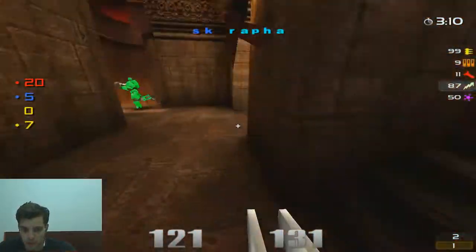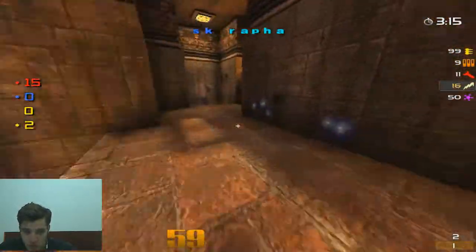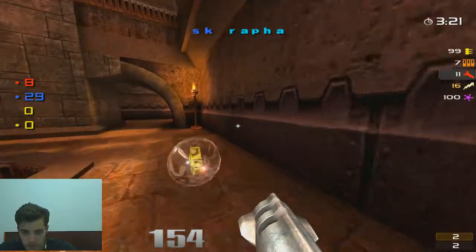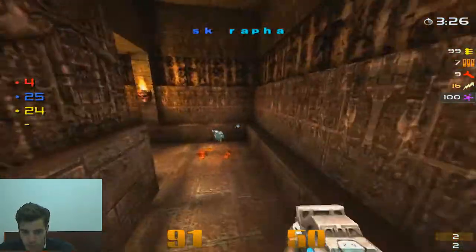Oh, and a rocket jump up. He hears the jump pad, and he's going to go for the engagement. It's a great catch onto ZeRo4, but actually he takes so much damage there. Just unbelievable how much damage he took there. But looks like ZeRo4 will go down anyway, and Rapha going to be able to sweep away a yellow armor after taking a bit too much damage